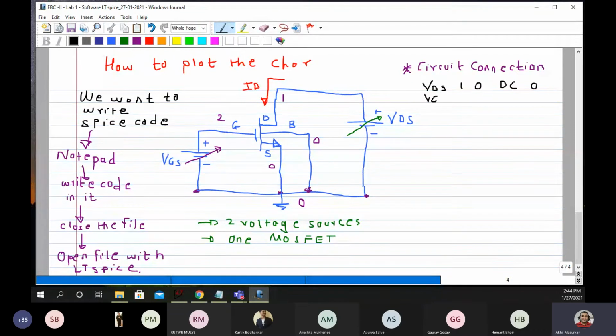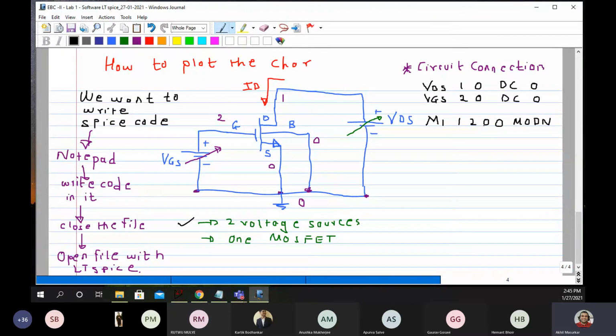Similarly, we have VGS, which is connected between 2 and 0, and that is also a DC value with respect to 0. These two are done. Now what is remaining? One MOSFET. The keyword for MOSFET is M1, 1 2 0 0 mod n.